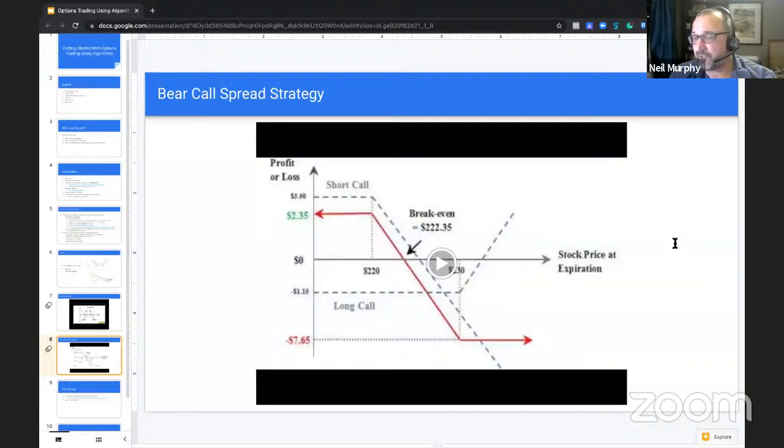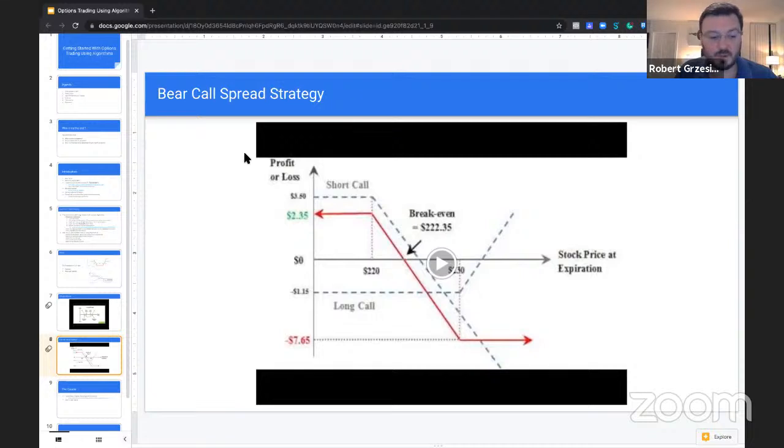If you get a good result in backtesting, it doesn't necessarily mean you're going to get a good result in the real world. But if you get a bad result in backtesting, you're definitely not getting a good result in the real world. So it's a good filter. Absolutely. Cool. Okay, so those are the videos.